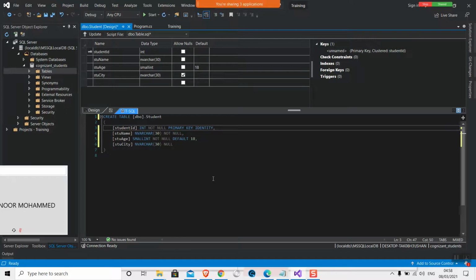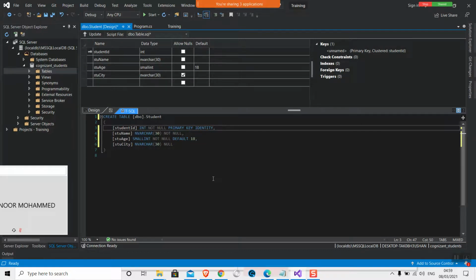Though it's created as a primary key, the identity keyword will make your primary key numeric, and it will start automatically from 1 up to the n number. You don't need to write down the student ID manually. This identity is just for integer, big integer or small integer types, and it will automatically fill your columns.